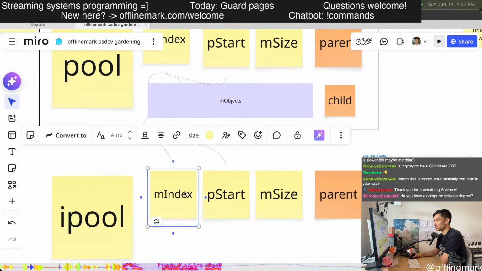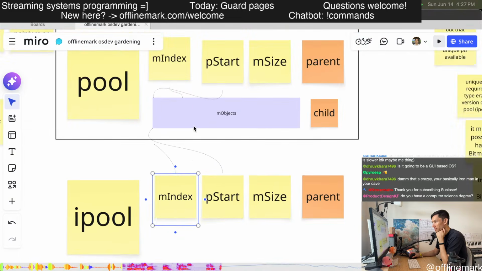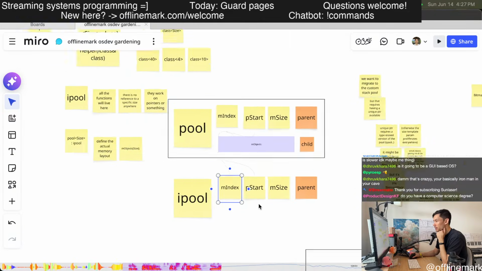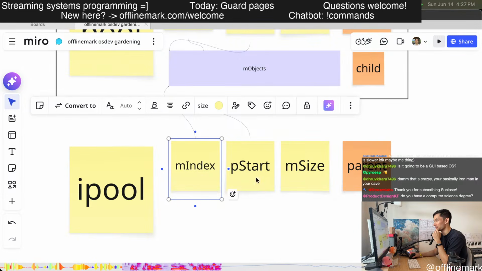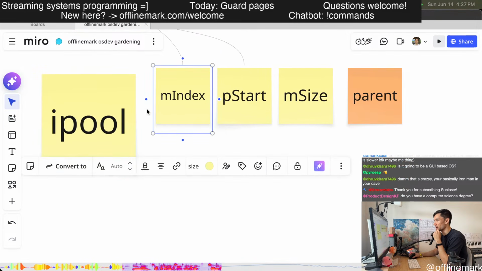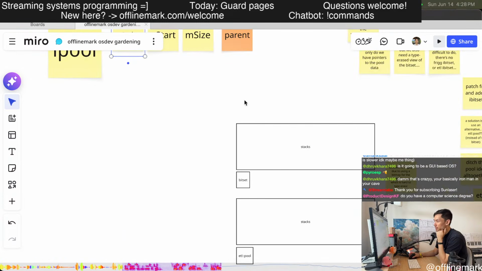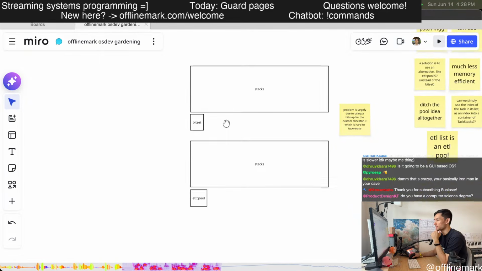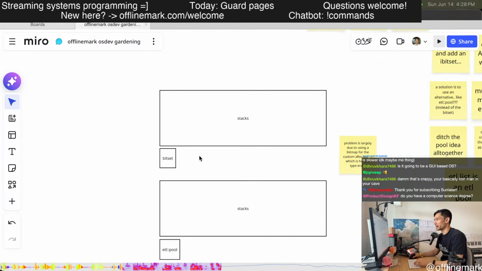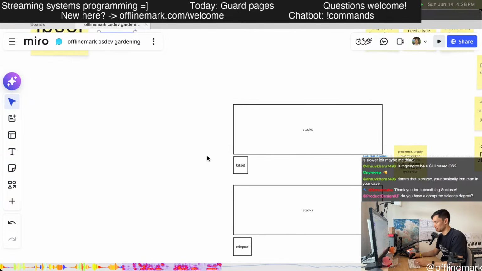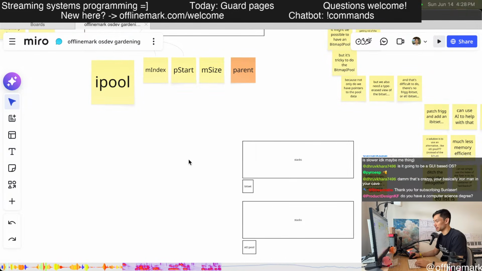You basically need to store pointers. Rather than having a static array, you store a pointer and then a size, and then you operate solely on the pointer and the size to implement the data structure. This works for iPool, but the problem with bitmap pool is that to actually implement it, you need a few things.